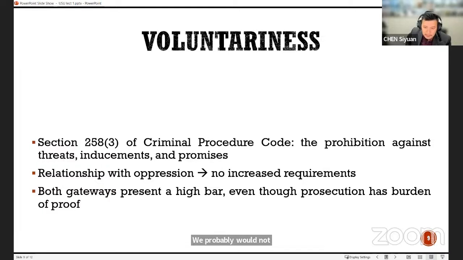You should expect some discomfort. You're not going to a hotel for a spa treatment. You're going to a police station to give your version of the events and to make sure that you are really telling the truth, right? We've got to put you under a bit of stress. We're going to put you under pressure. We're going to subject you to discomfort, but not amounting to threat, inducement, promise or oppression. Right? Because the cases have been very consistent, very, very hard to show that such things have taken place.